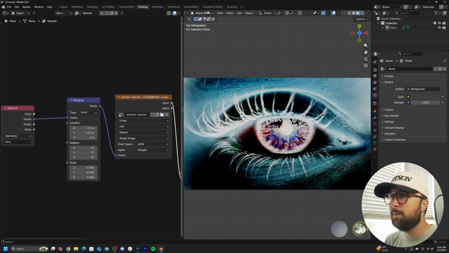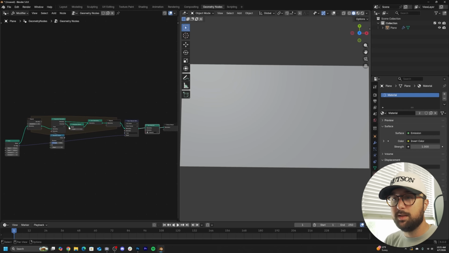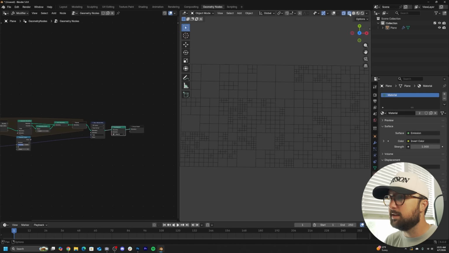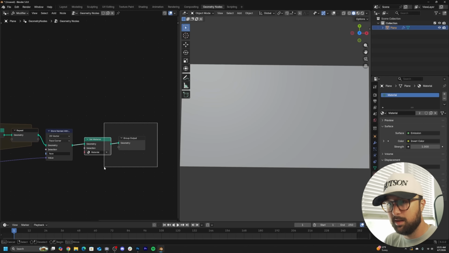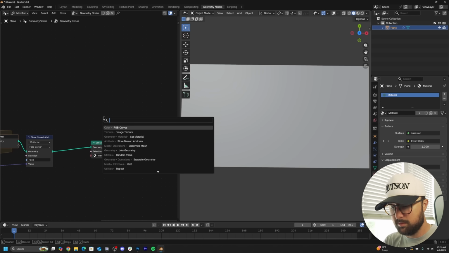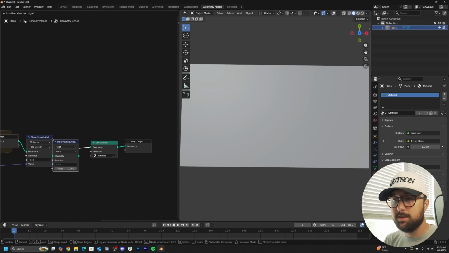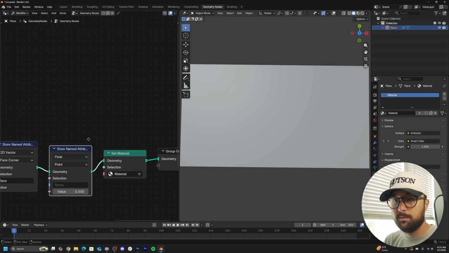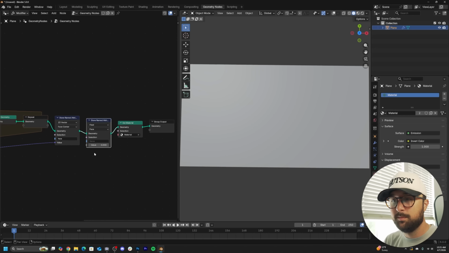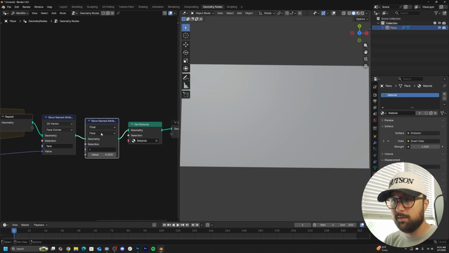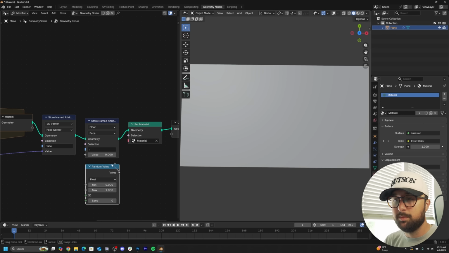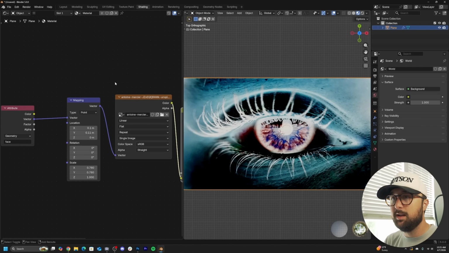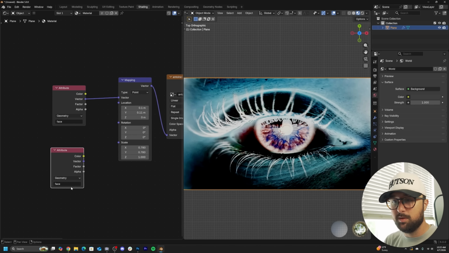So now what we could do is go back to geometry nodes and I want to capture the actual recursive subdivision as a texture. So we have this, I want to turn that into a texture and manipulate the image with it. So what we can do is get another store named attribute. We'll go from point to face. We'll just title it R for random and we'll get a random value node and plug that. So now we're assigning a random value for every face and we'll go here to shading and we'll get another attribute node and